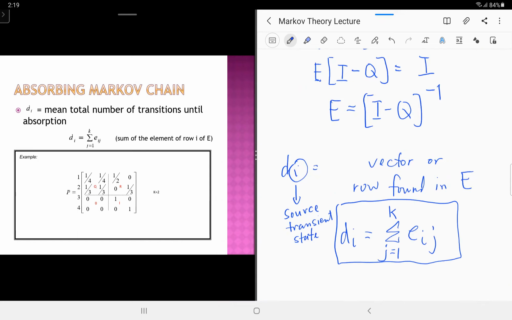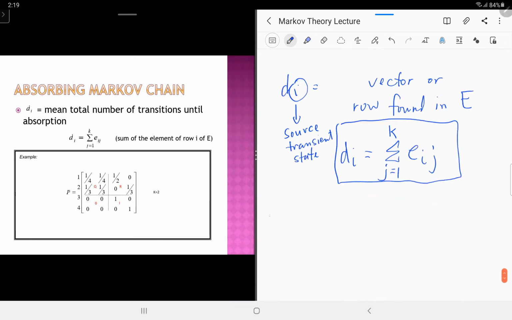So let's look at the left side of our screen and let's try to see this transition matrix. Of course, in this transition matrix, the states have already been arranged according to transient state and absorbing state. Again, remember, the upper part will be your transient states. The lower part will be your absorbing states. So the technique is to identify which are your absorbing states first, because that's the easiest to see, where the portion of the matrix where you see a 100% probability would correspond to your absorbing states.